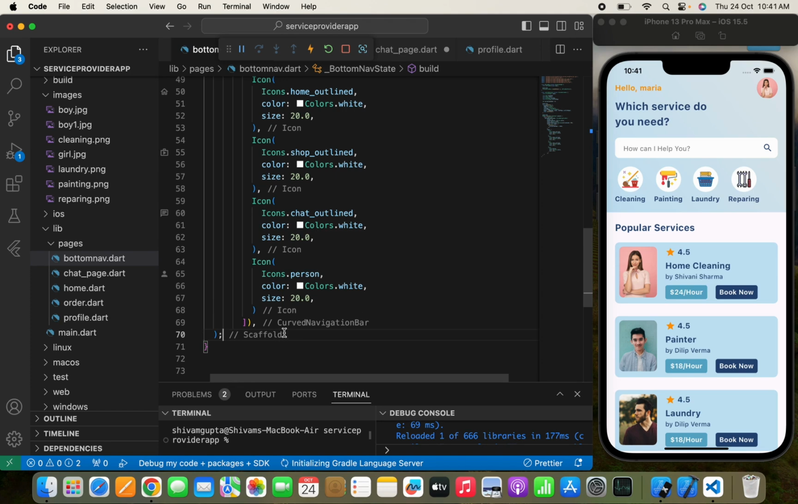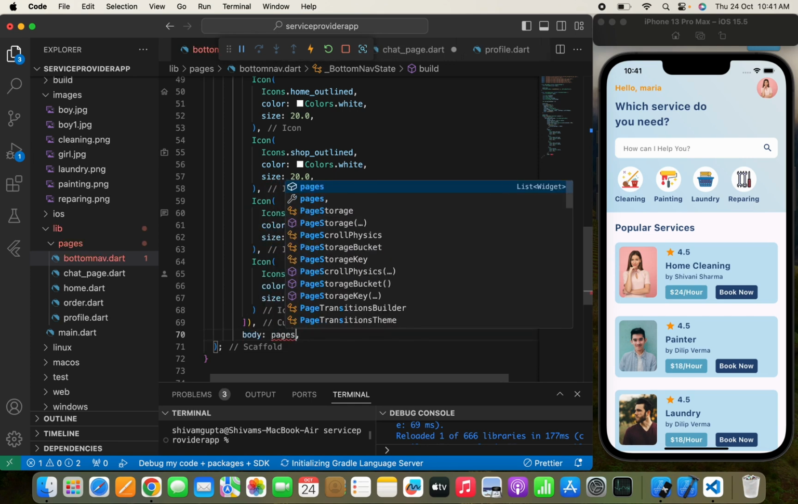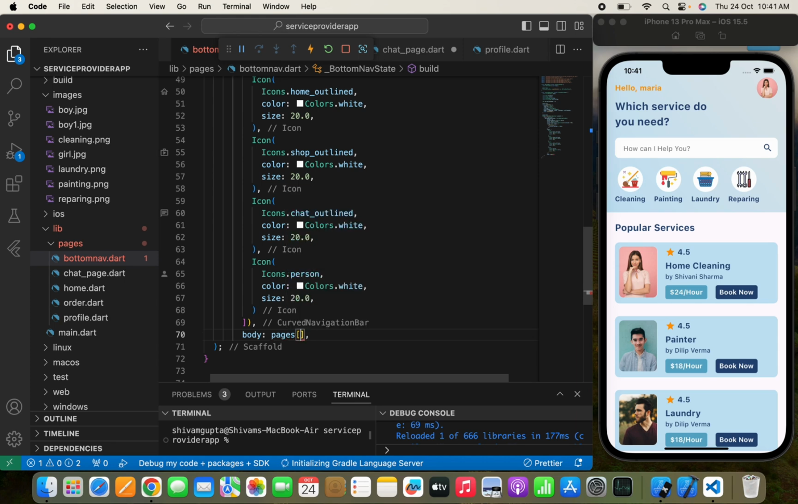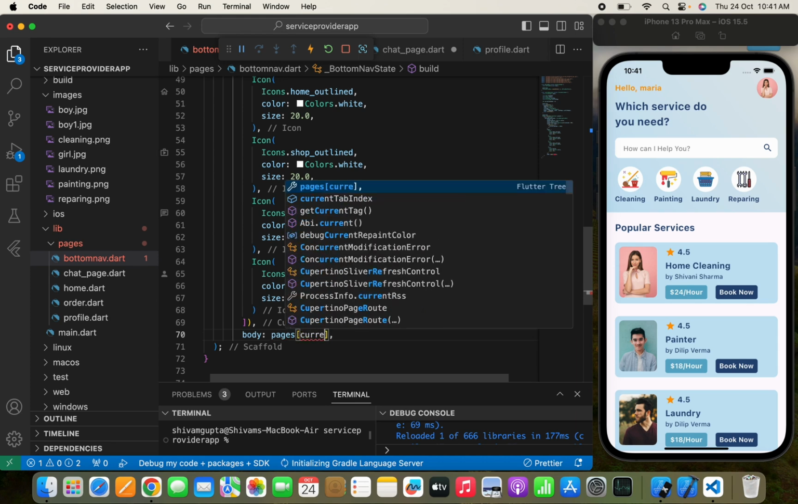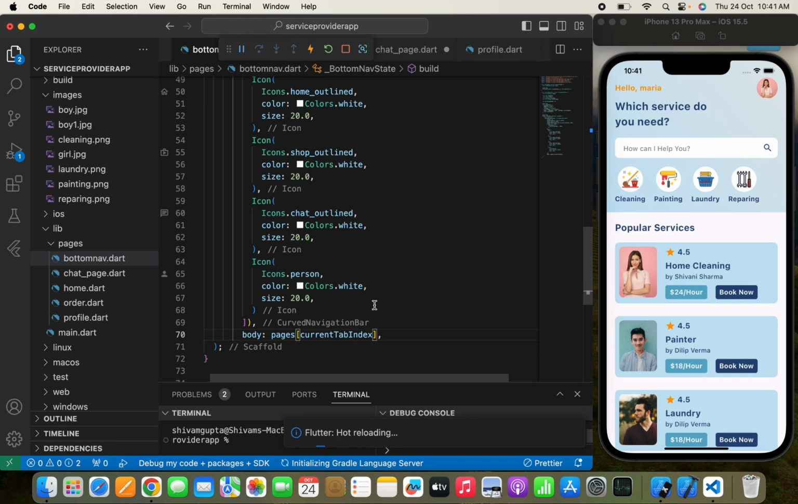Now after this, the main thing, do not forget to pass a body, otherwise you can't see the current page when you tap that respective icon. So we'll pass current tab index. So here it is done. So as I've told you, the pages is in the form of a list, so current tab index will keep the count of the icon that the user presses in the curved navigation bar, and it will simply navigate to that page. So let's call this,